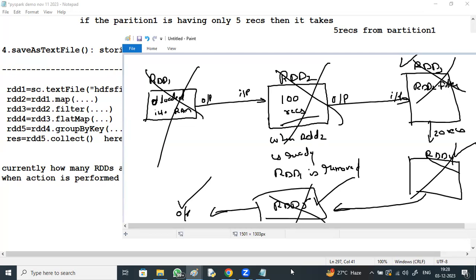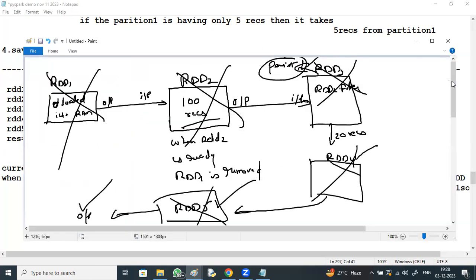Yes, so here in the flow, after collect, which is an action, the result is stored in RES, and then all the earlier RDDs are removed. My curiosity was, if I want to reuse the same filter result in some other place in the flow, then RDD3 you persist it. It won't be removed from the RAM. So there is some functionality to persist it. Yes, okay.